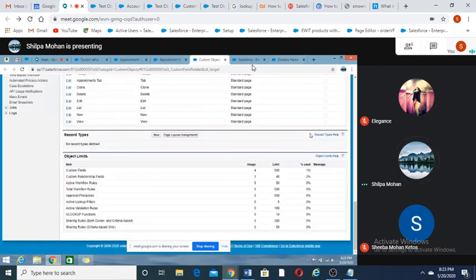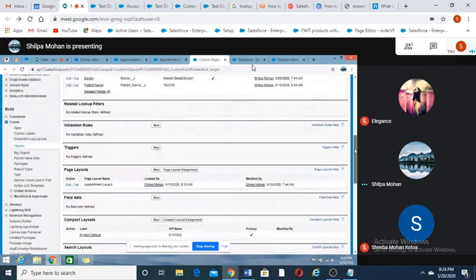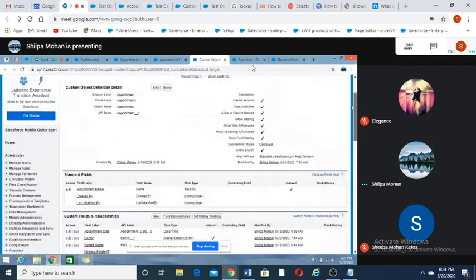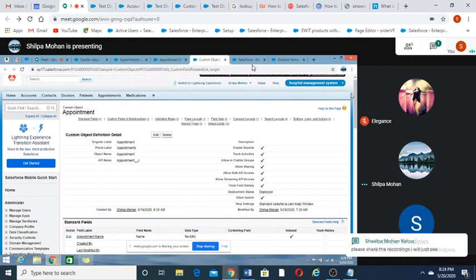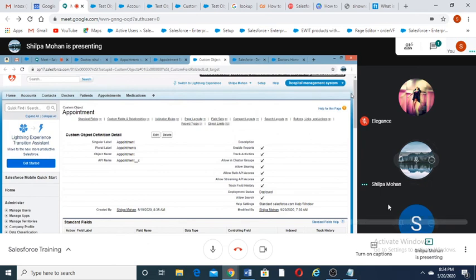So now we have created a lookup on appointment. So where all we have to create a lookup? Note your task.